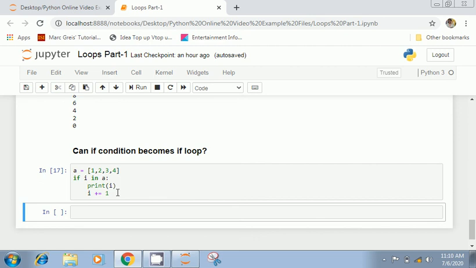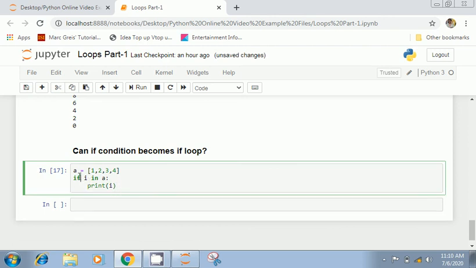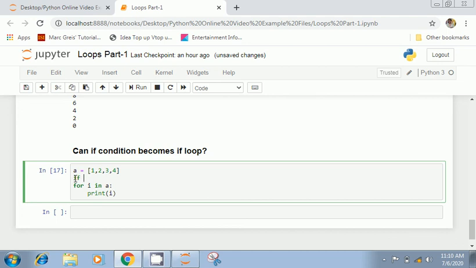No matter what you are writing there. If you are writing if I in A, this is the condition, but what's happening here? It is checking for Boolean condition. If I in A, is it true or false? If it is true, then go there and print this. If it is false, then go there and print that. So this can be used as loop if this becomes Boolean. So if I do something like this, if true, it means that okay, if true, this will work as a loop now.